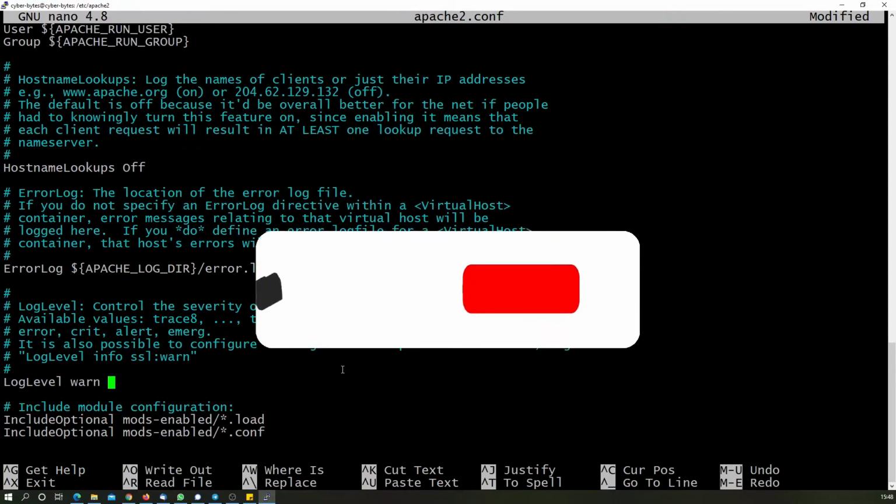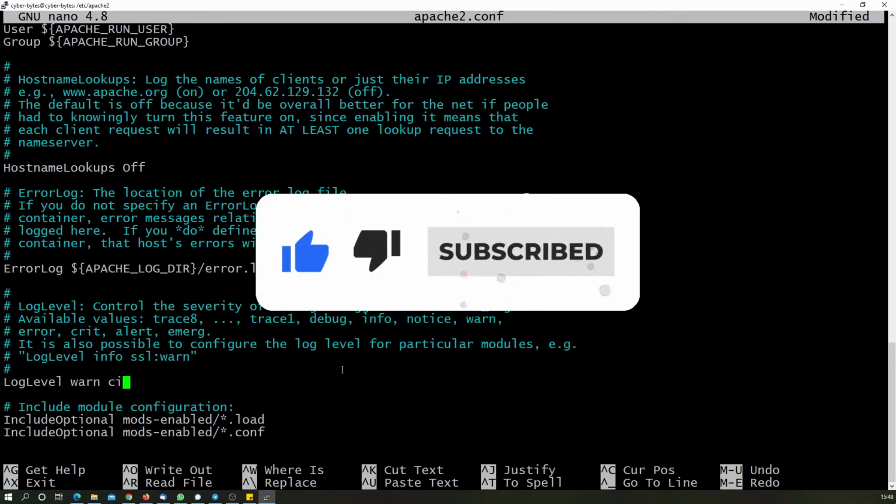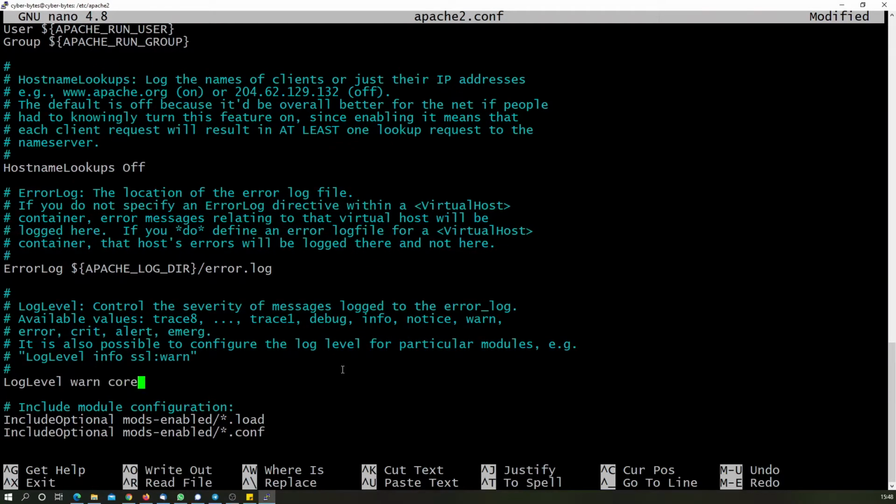So here, if I am putting the log level to 1, and for the core module that is there for the Apache service, I will put, say for example, info. If I am putting SSL modules, I can put directives specifically for those modules also and set them. So based on my need, I have to evaluate my needs also.